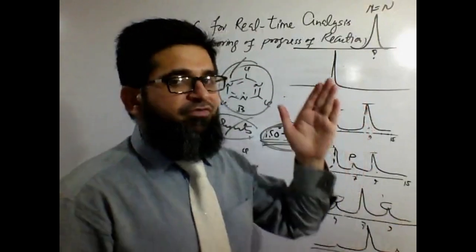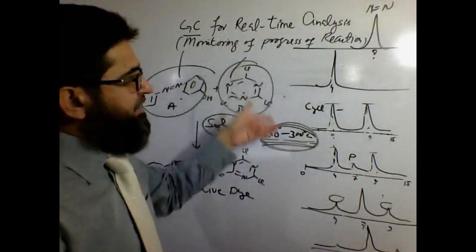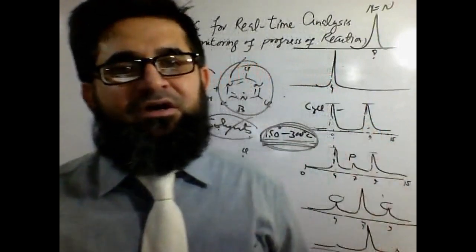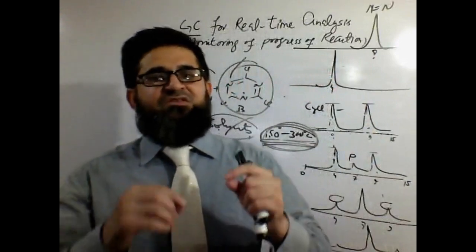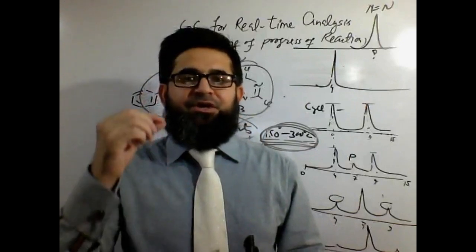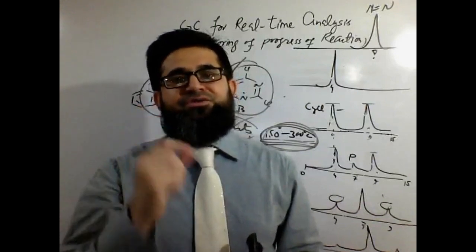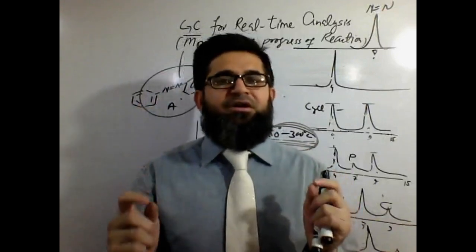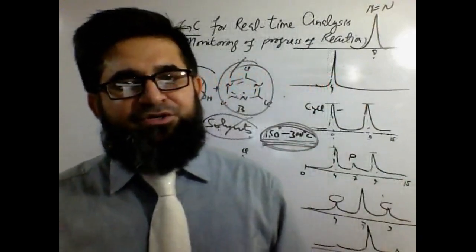Or one can apply GC for monitoring of the reaction on a real-time basis at 0 time, at 4 hours, at 8 hours, at 12 hours, 16 hours, 24 hours, something like that. This is called real-time monitoring of the reaction. This can also be done by GC. However, you just need to know that your components, reactants, and the products are volatile in nature, then you can run on GC. And if they are non-volatile in nature, then certainly you need to go for HPLC rather than GC. So this is all about the application of GC for real-time analysis.